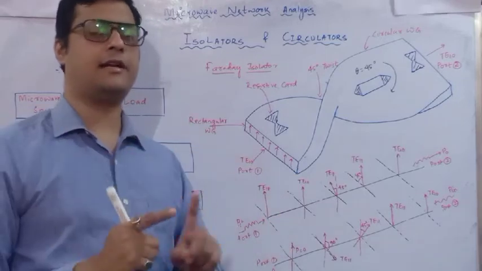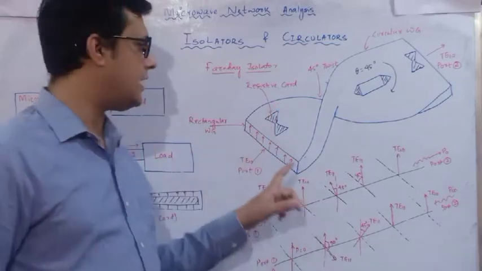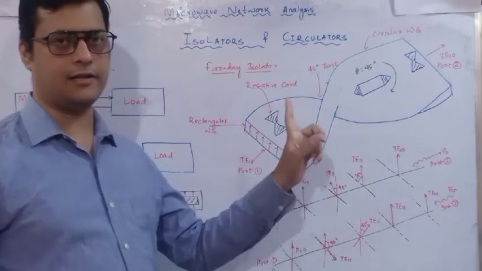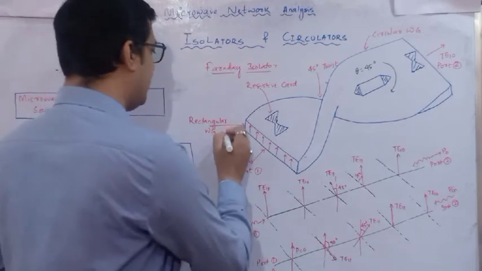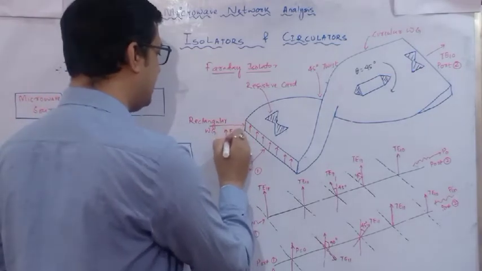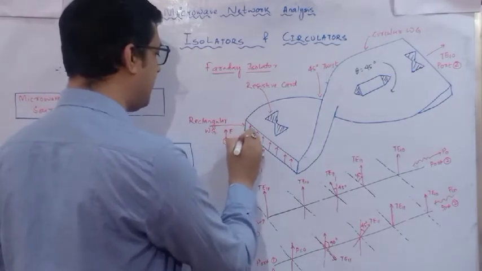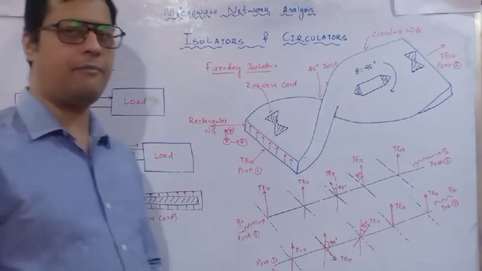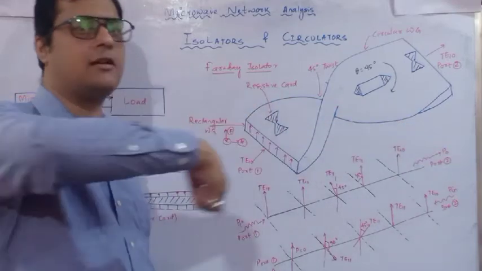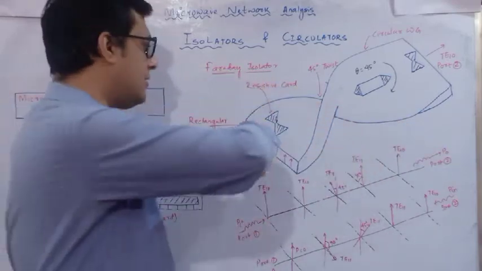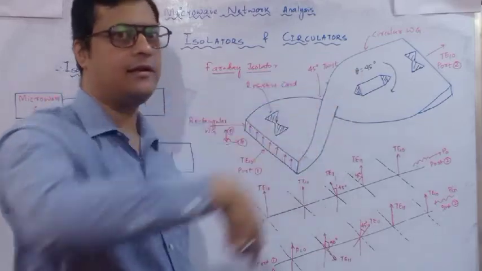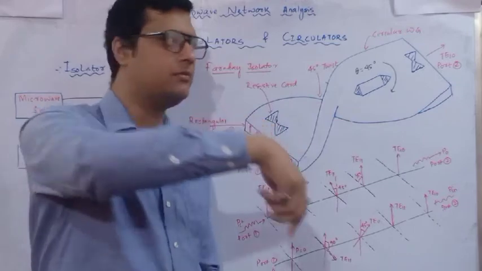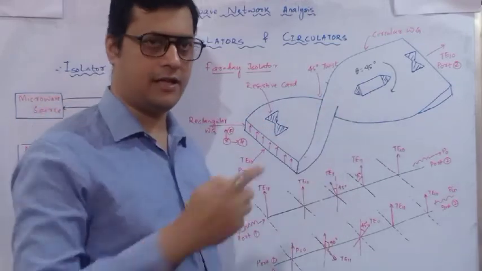And electric fields are radial in nature. So here I have shown these red lines are radial in nature. Electric fields are radial in nature, and magnetic fields are perpendicular to each other. So this is E and this is H. So H, what will happen? H will propagate in a circular manner. If it is moving in this manner, the return back, or completing that loop, will be absorbed by this ferrite material. That we will discuss now.